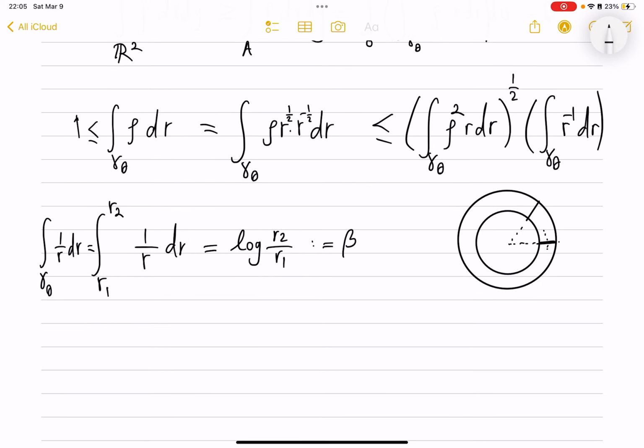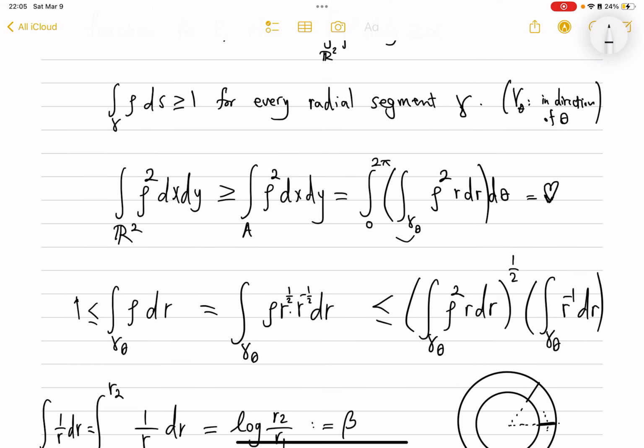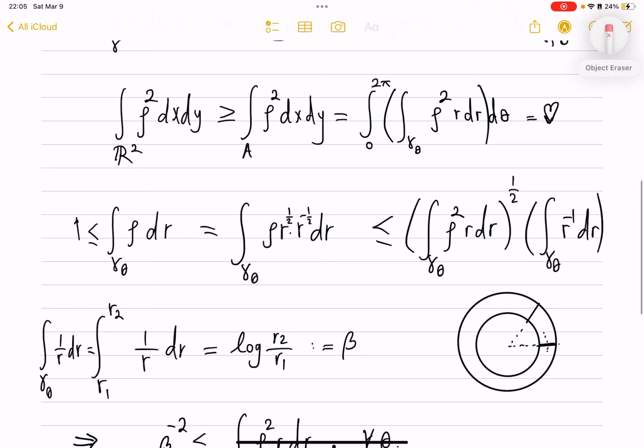putting these last two things together, we see that beta inverse is less than or equal to the integral of rho squared r dr over gamma theta. I want to also get rid of the 1/2 power, so this will be negative 2. So I raised both sides to the power 2. Now I have this for every theta direction. Therefore, I go to this heart, and now I replace this with the lower bound. So heart,